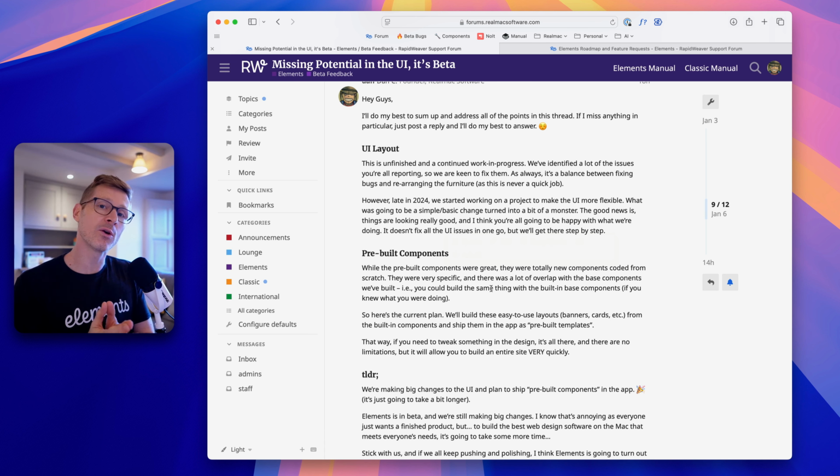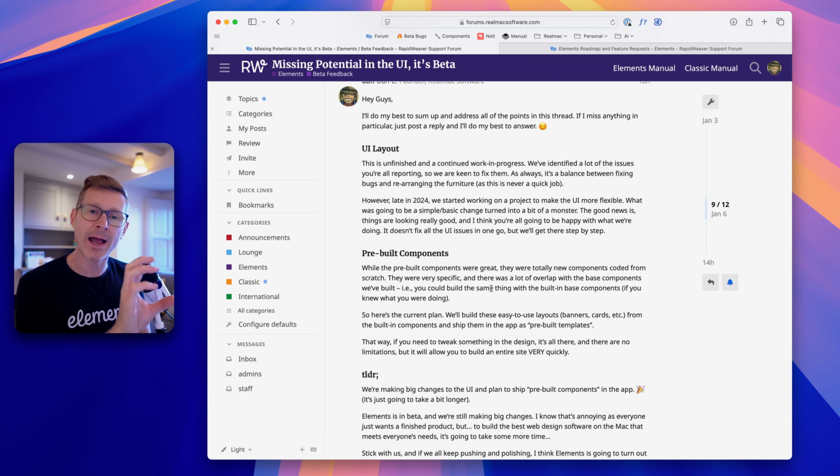Now, I think we're going to call them templates. This was suggested by Brian on the forum. Great suggestion, makes a lot more sense. So those are going to be some templates that you can just drop into your page, and there'll be different types of layouts. So it'll be really easy to come into Elements and just drop these templates in your page and have a fully working website in literally minutes,